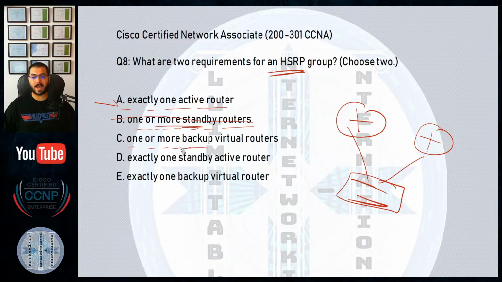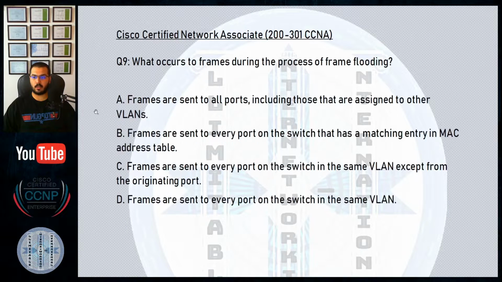One or more backup routers, the term backup is not used with HSRP. This is for the VRRP protocol. No, even the concept is incorrect. Exactly one standby router, yes, that would be correct. And one backup router is also for VRRP. So A and D are the only choices that I can choose in my exam or in my technical